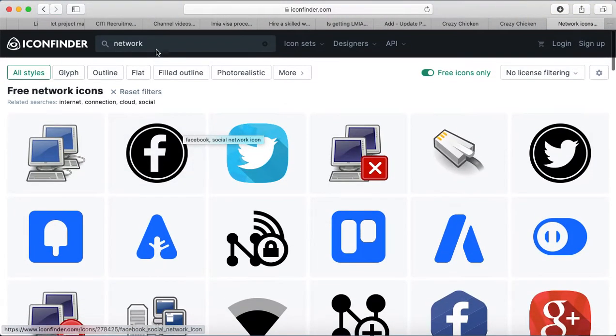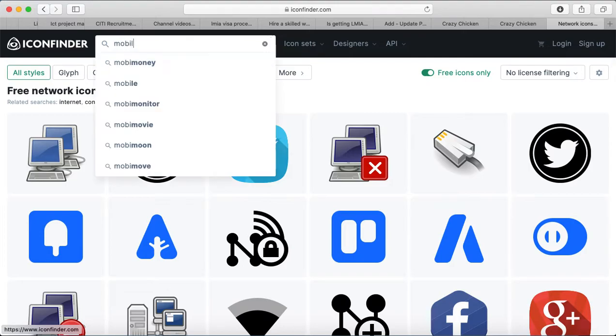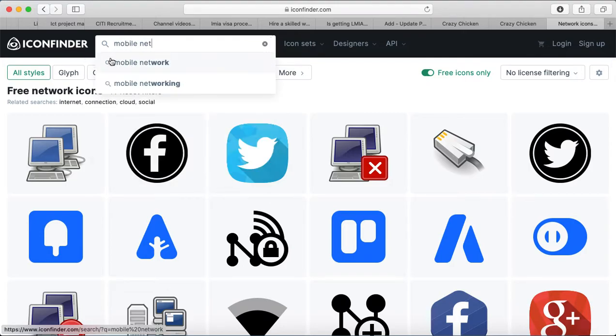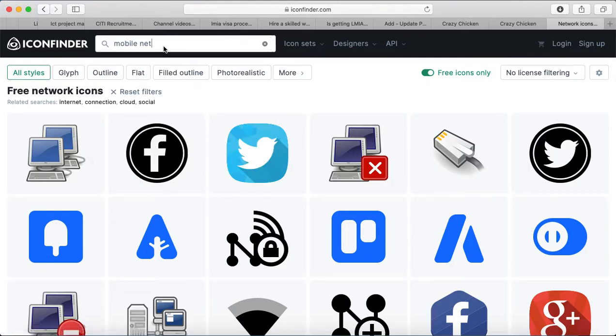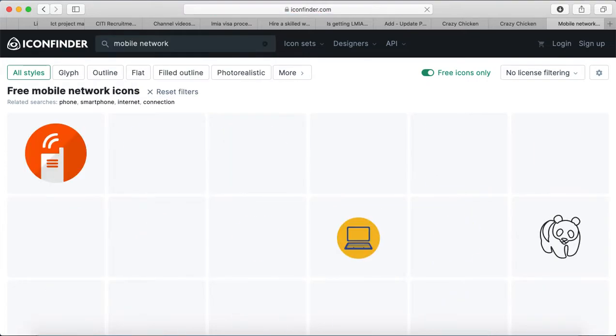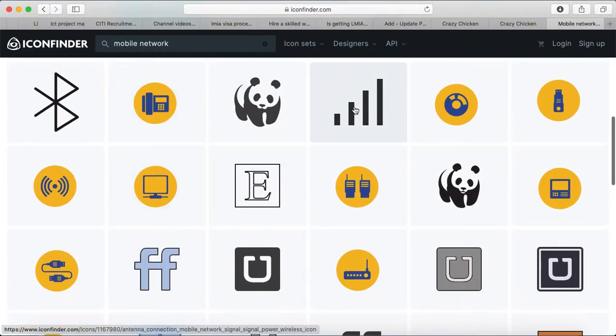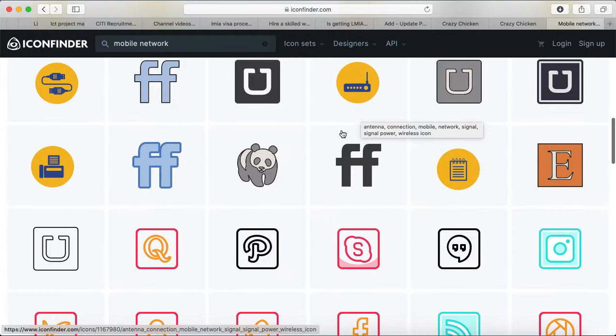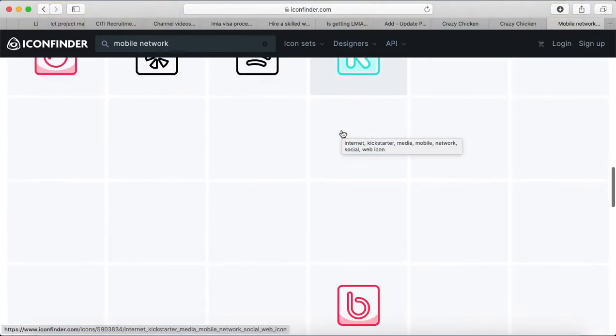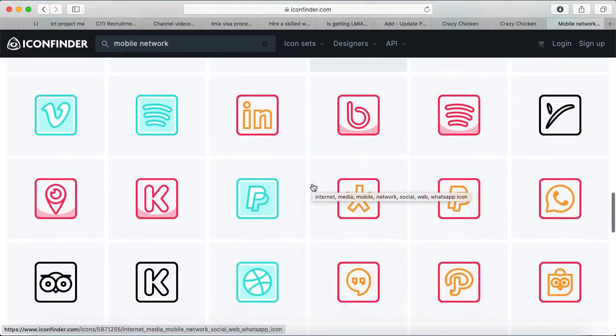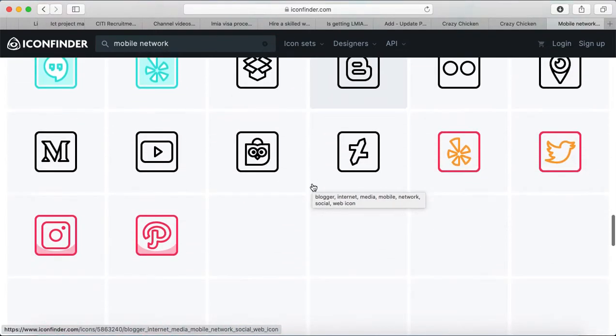Let me try the mobile network. Okay, see, we got the mobile network. Let's see if we can find one a little bit closer to the element.